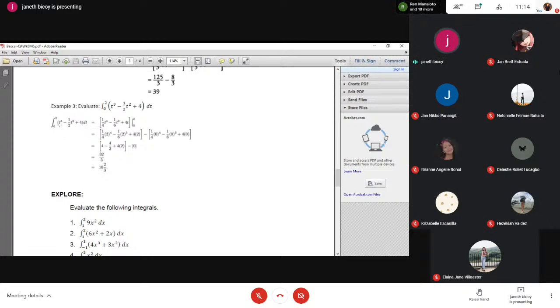Okay, so what is the integral of t cubed? It's t to the 4 over 4. What is the integral of t squared? It's t cubed over,